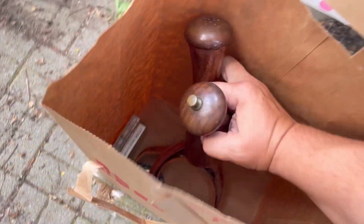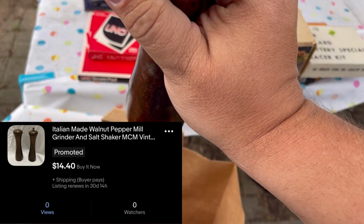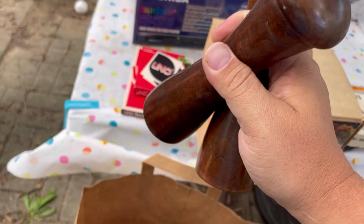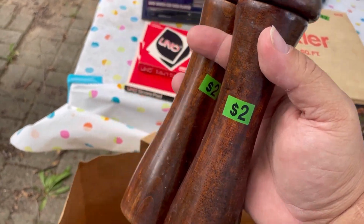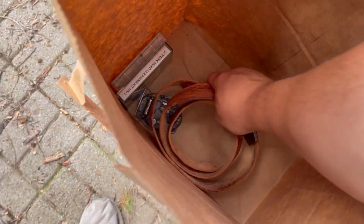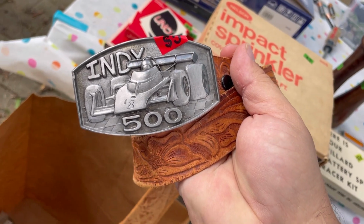These had some markings that I wasn't able to read at the sale, but they're definitely mid-century modern, a nice set, made in Italy, and they were $1. I don't know if they were $1 or if they were $2, but it doesn't really matter. I suspect the guy counted them as a unit. $2.50. Got me this Indy 500